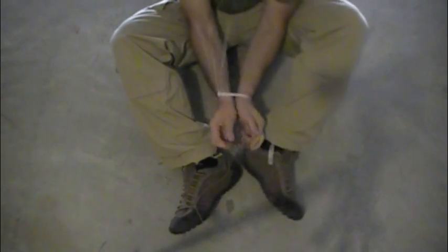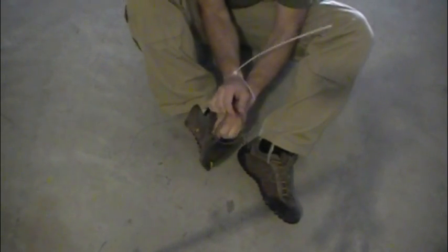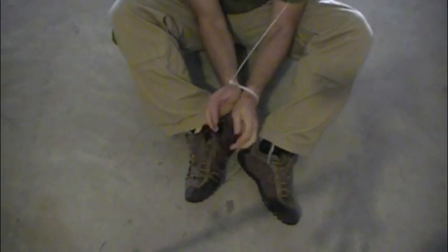So there's our 2 bow lines. So you're going to put one side on one foot. Make sure this is secure on your foot. You don't want it coming off while you're bicycling your legs. So that one's secure. We're going to now slip these